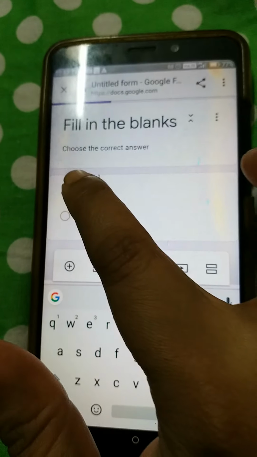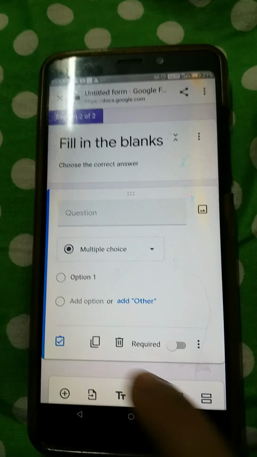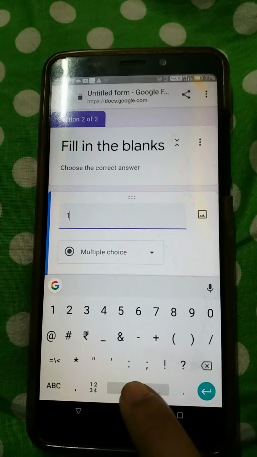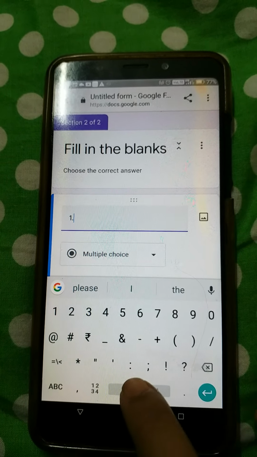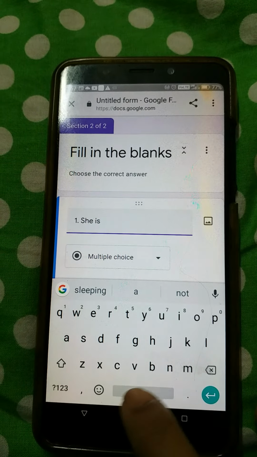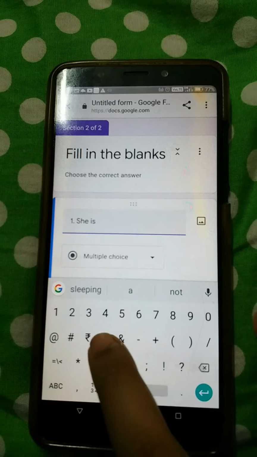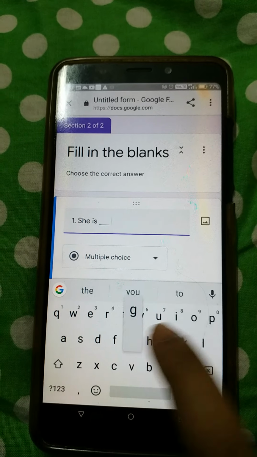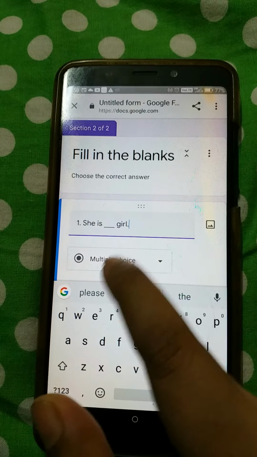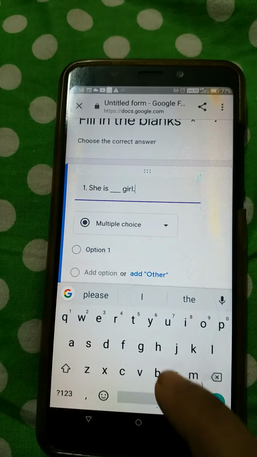Okay, so here you can type the question. Suppose I want to type an English question like she is dash girl. So I want to give the answer here.